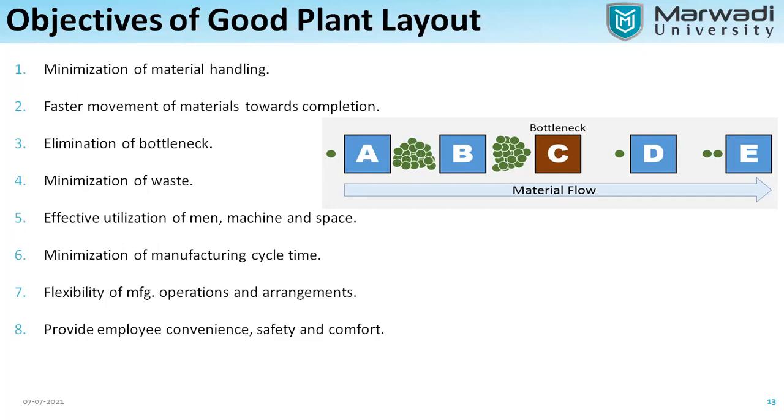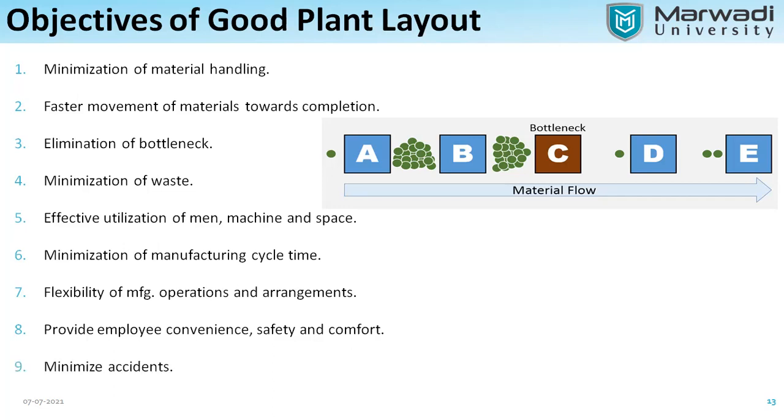जिससे आपका overall जो working environment है, overall if we consider the working environment of your plant, that should be good, and with the help of that you can have the proper efficiency maintained for that particular plant layout. So these are some of the basic objectives of a good plant layout. की objective क्या क्या plant layout होता है हमारे पास और उसके क्या क्या points होते हैं, क्या क्या characteristics होते हैं.